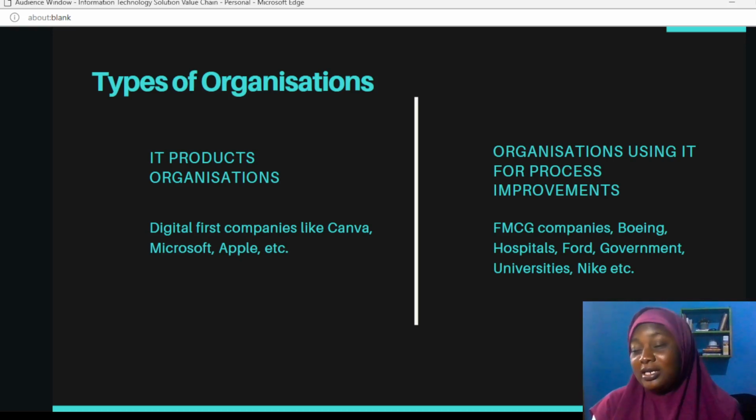Like cars now have, it's not like it's a new thing, cars have control systems. Cars have embedded devices in them. They are electronic vehicles, completely self-driving. Maybe self-driving vehicles, I wouldn't say completely, but they are self-driving cars. And apart from putting digital products as part of their other products, they also use information technology to improve